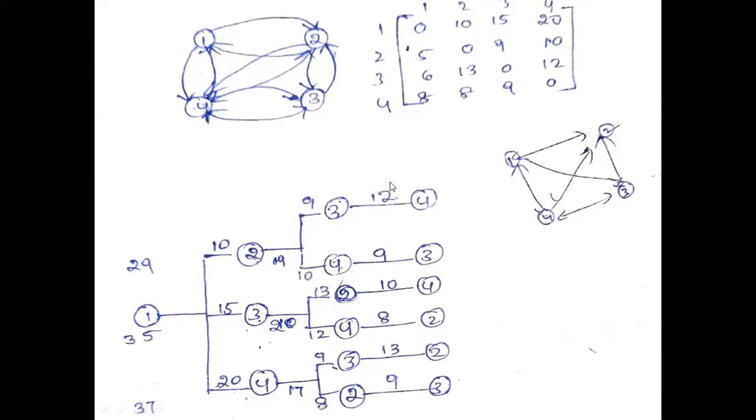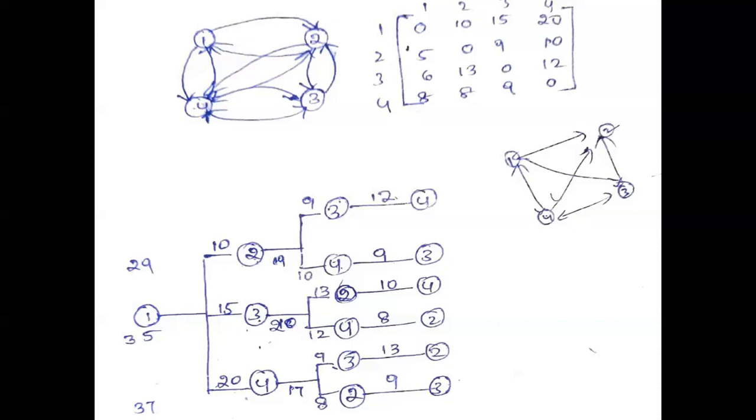Next you consider another path, that is from 1 to 4. In dynamic programming, you consider all decision sequences, not only a single decision sequence. Only in the greedy method do you consider a single decision sequence. With a single decision sequence, in many problems, you cannot get optimal solutions. That's why you use dynamic programming.